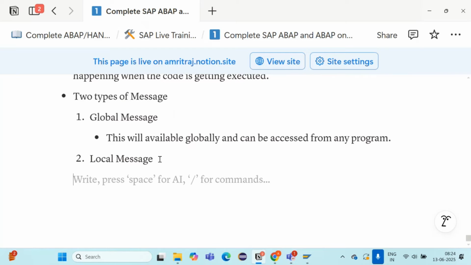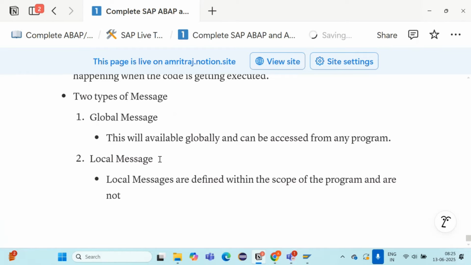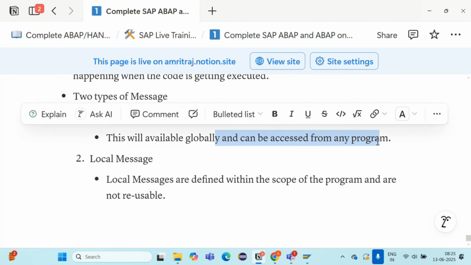Then you have your local message. So local messages are defined within the scope of the program and are not reusable. The global one can be accessed from any program.